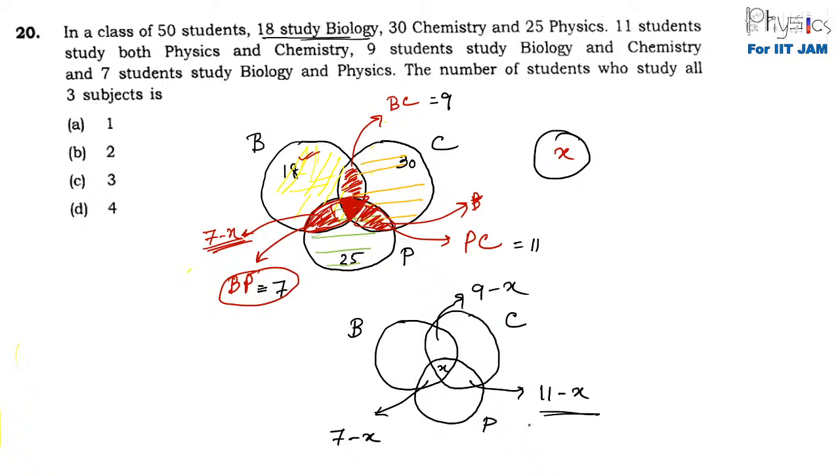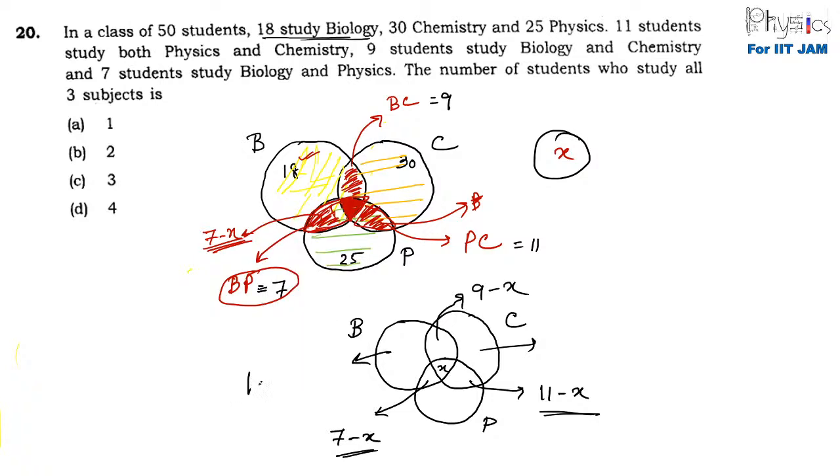Students who study only biology and physics is 7 minus x, right? So we get this portion, that is only chemistry. Who study only chemistry is, so if it was 30, so okay, first of all let us calculate this one. Biology, right? Biology is,